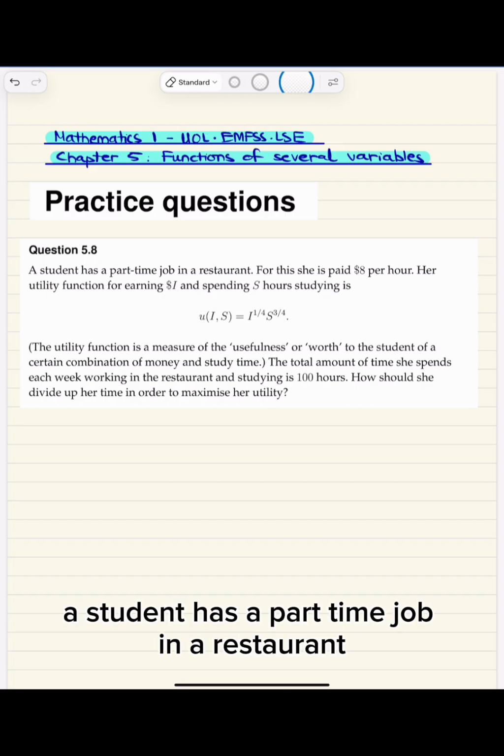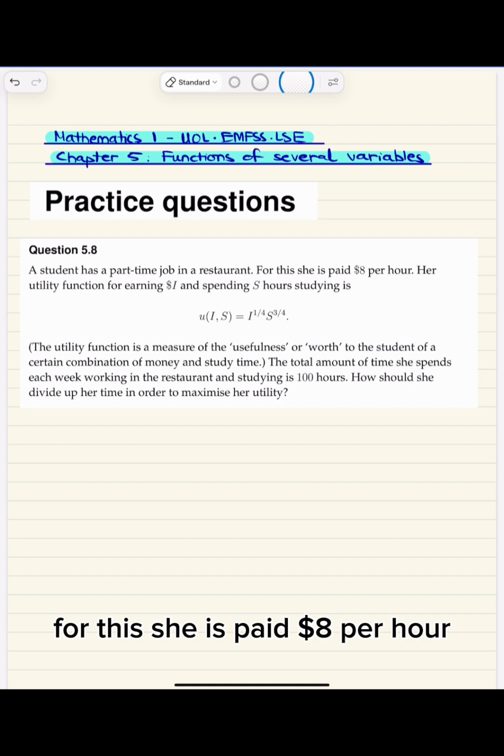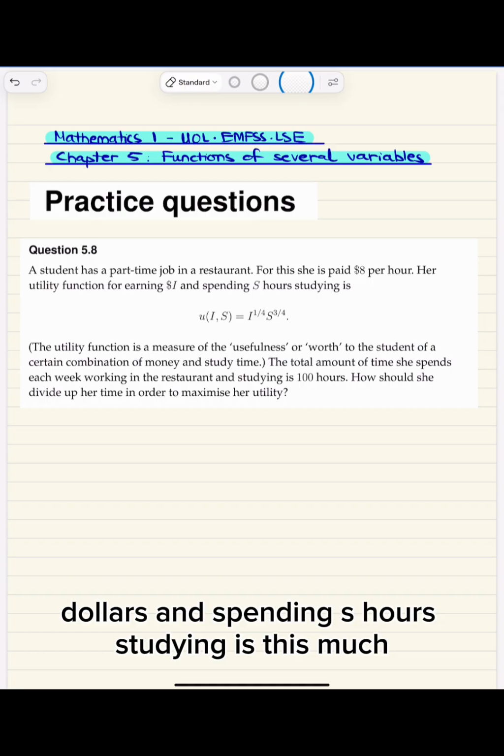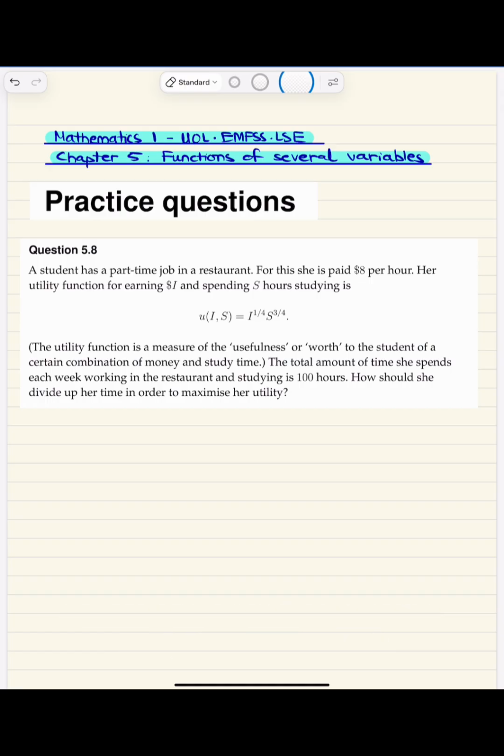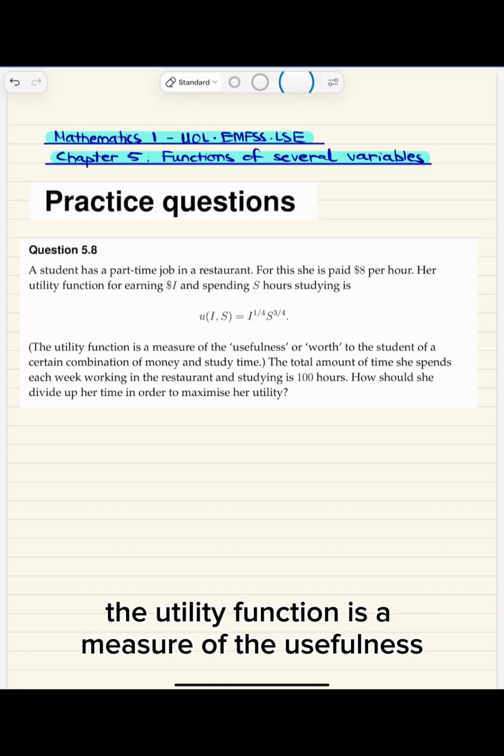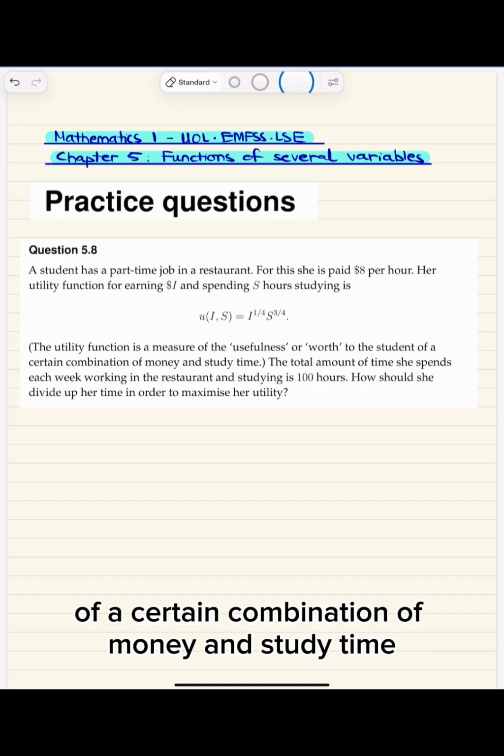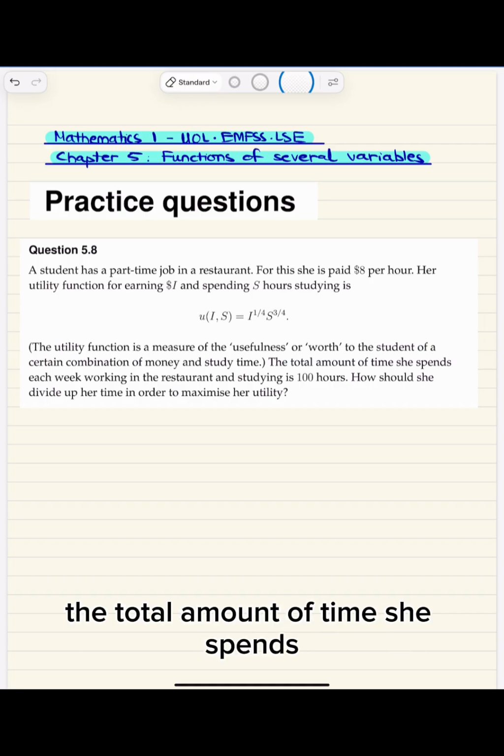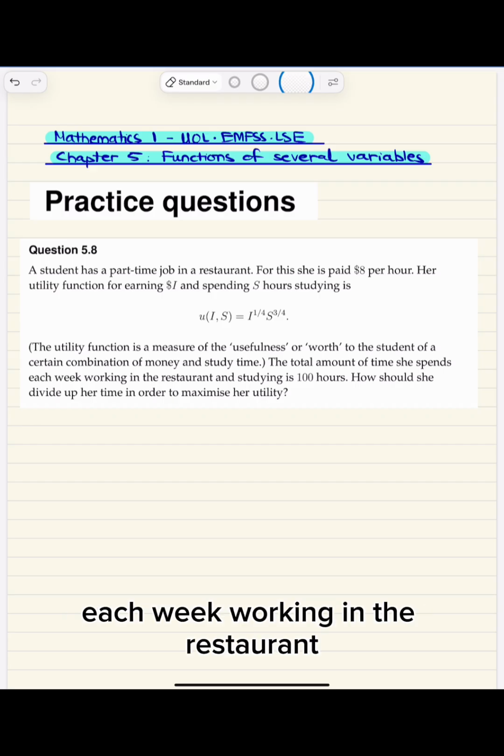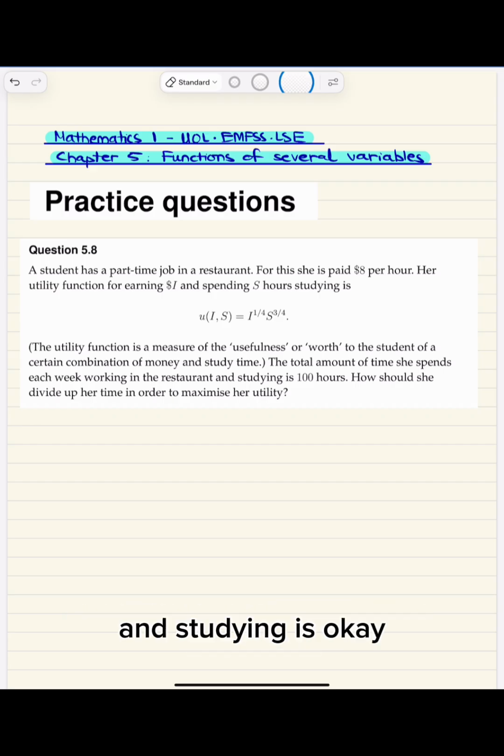A student has a part-time job in a restaurant. For this, she is paid $8 per hour. Her utility function for earning I dollars and spending S hours studying is this much. The utility function is a measure of the usefulness or worth to the student of a certain combination of money and study time. The total amount of time she spends each week working in the restaurant and studying is